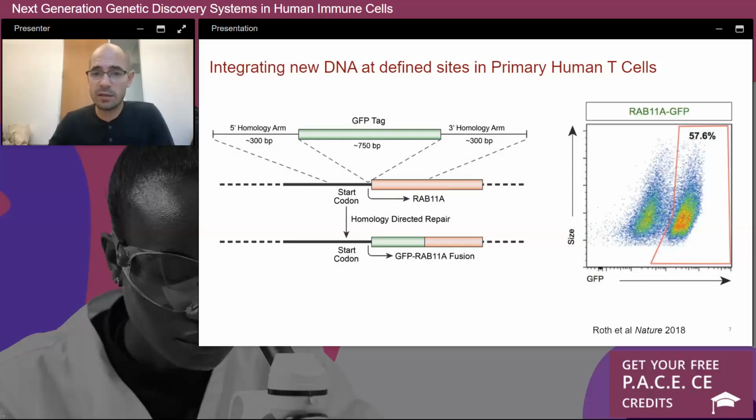To do these targeted knock-ins, we just have a DNA template and a CRISPR-Cas9 or Cas12a or whatever version of nuclease you're using that cuts at a desired target site. At the same time you electroporate in the nuclease, you also electroporate in a DNA template. This can be in a variety of formats: linear double-stranded DNA, linear single-stranded DNA, circular double-stranded DNA, circular single-stranded DNA. All of these work and have advantages and drawbacks for specific applications, but they all have largely the same structure. The new sequence that you want to introduce is in between two what we call homology arms,